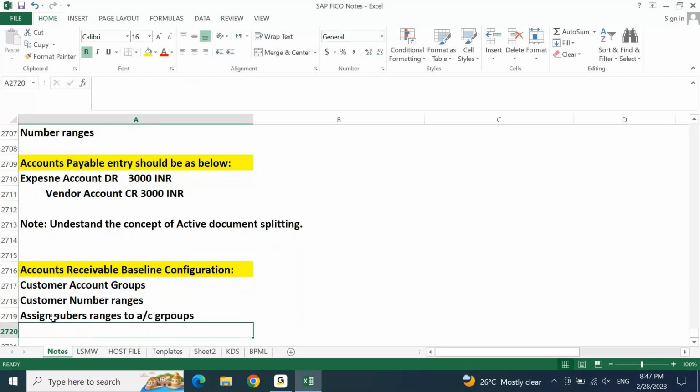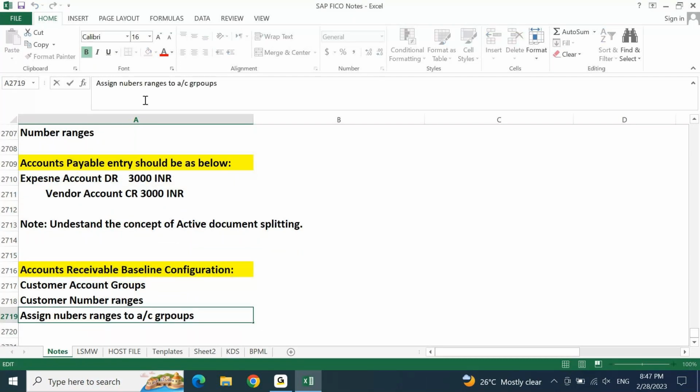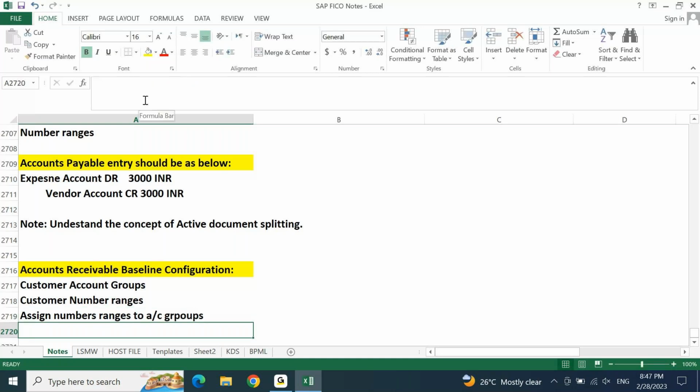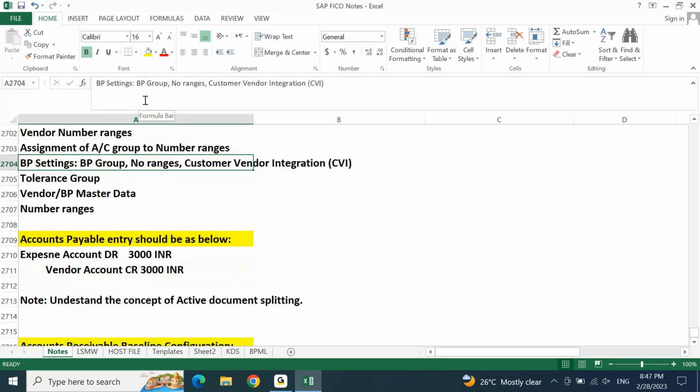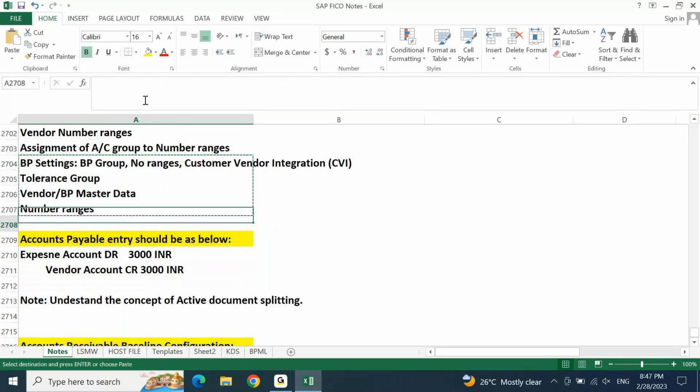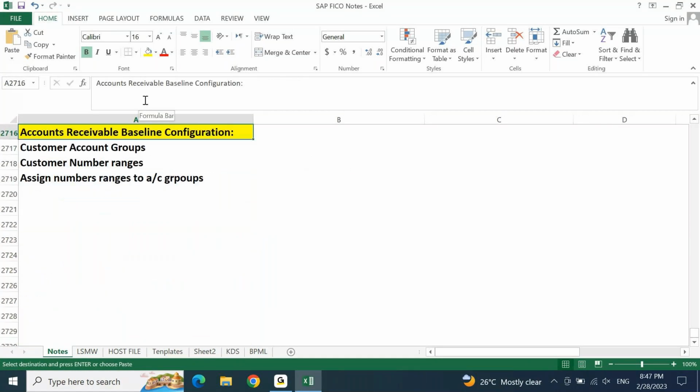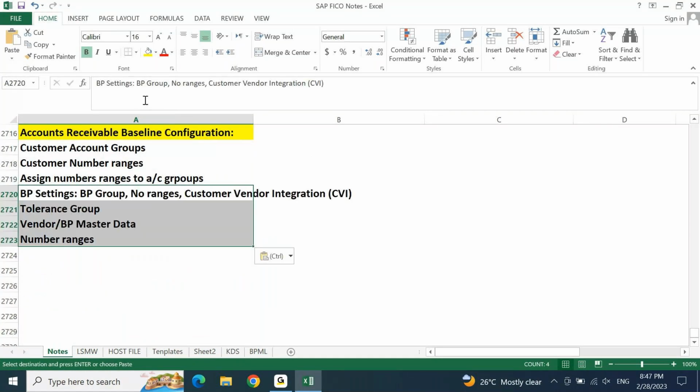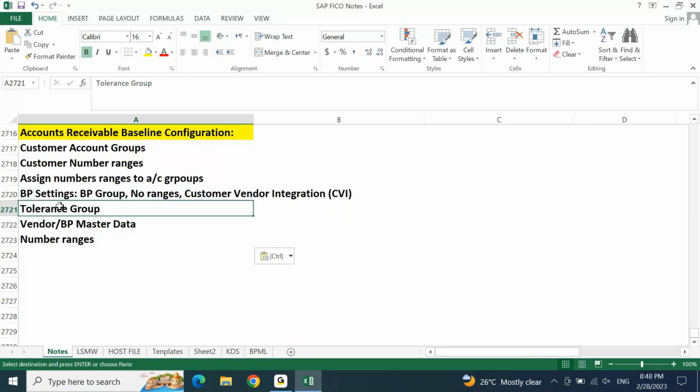After this, BP, BP settings. After this BP setting, customer vendor integration, BP grouping, number range, everything, tolerance group. Instead of vendor BP master, here it will be your